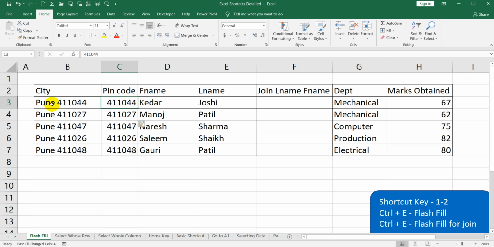Again, if you want to separate the city name from this city column, then you can do so. Again, you have to teach Excel for one cell, and then you can press the Control E shortcut. Then you can see the cells are flash filled. Now we have the same name, so that's why we don't need this. Okay,